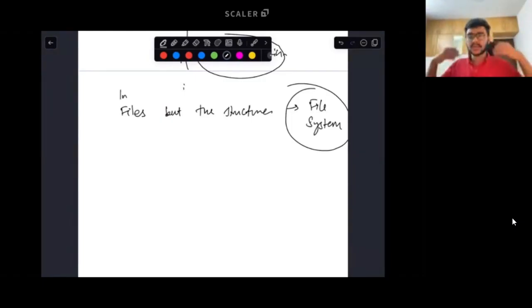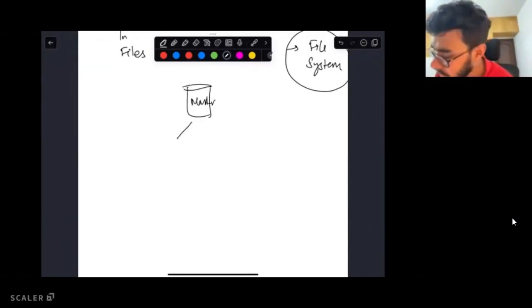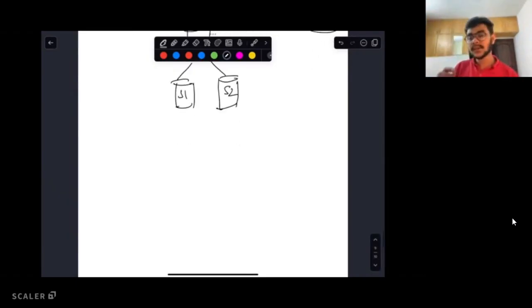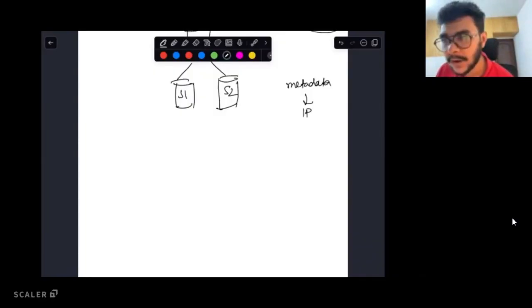Yes, Amrita. Okay, Prince, let me explain it to you once again. For example, let us say this is a database. This is the master database, and the master database has two slaves, S1 and S2. Now, what is the information that we want to store? I mentioned that it is the metadata. What is going to be there in the metadata about a master database? You want to store the IP address for it, because you want to connect to it eventually. So how do you store this metadata? How does Zookeeper store this information?